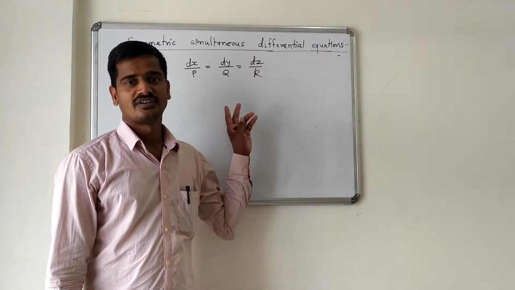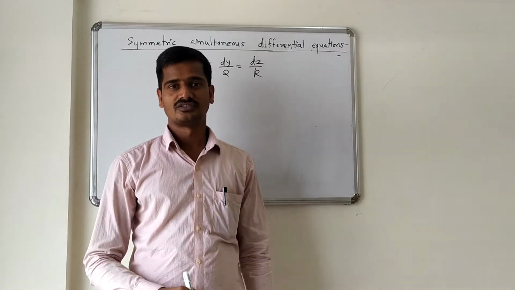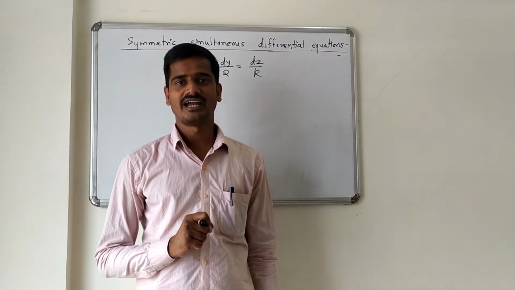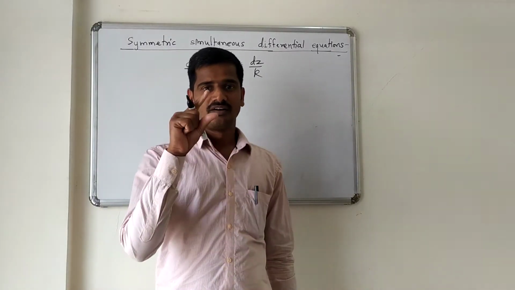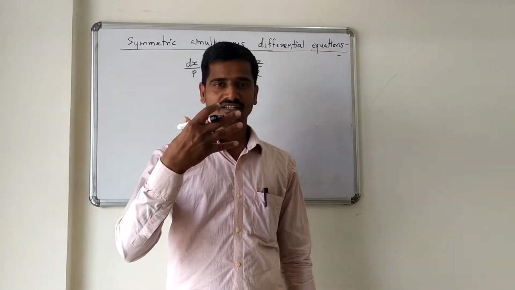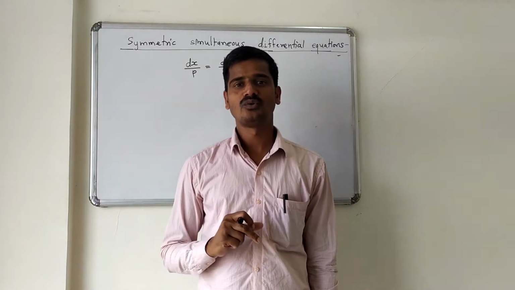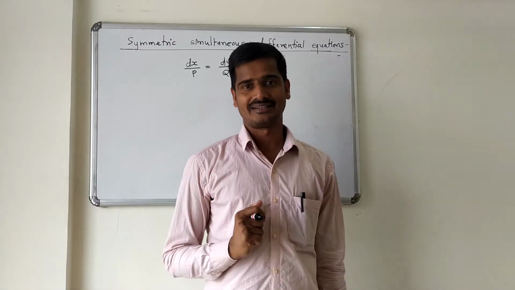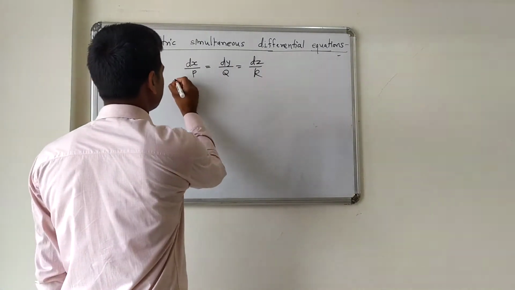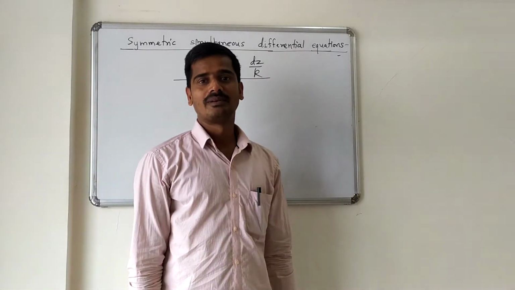What is the type of this differential equation, and basically there are three methods to find its solution. Solution means there are two independent relations between x, y and z. So the method of grouping is there, then the second method is the method of substitution, and the third one is the method of multipliers. So in this class I will explain what the method of multipliers is. Okay, so let us assume this is the given differential equation. So what is meant by method of multipliers?